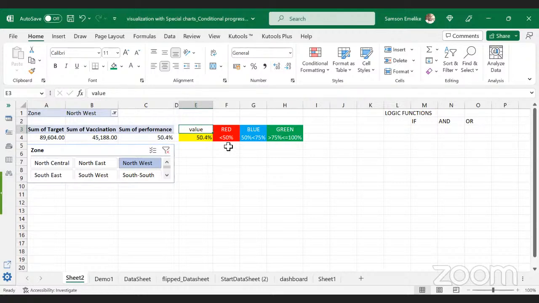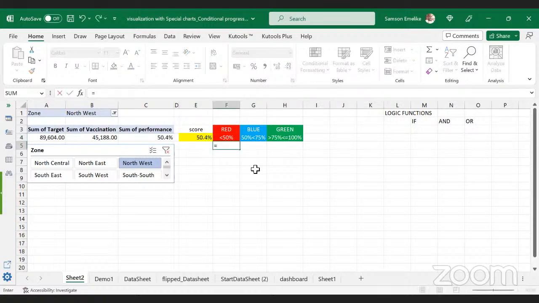So what I need to do here is tell Excel, please look at the value here. Remember that this is our score, so let me just put score, the performance. We are going to tell Excel, please look at this point, see what the value here is, and drop it either here or here or here based on the value. So for this point here, we are going to say, if this value is